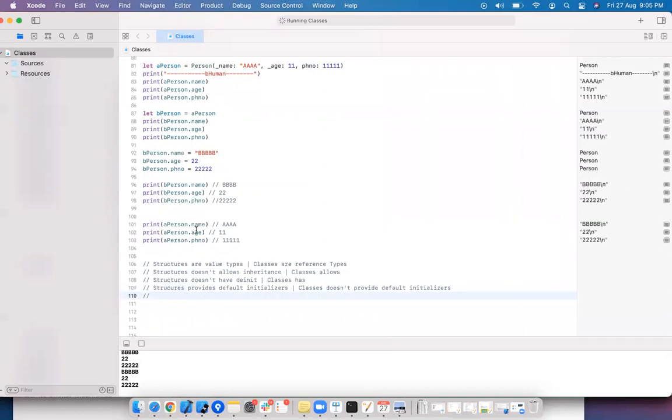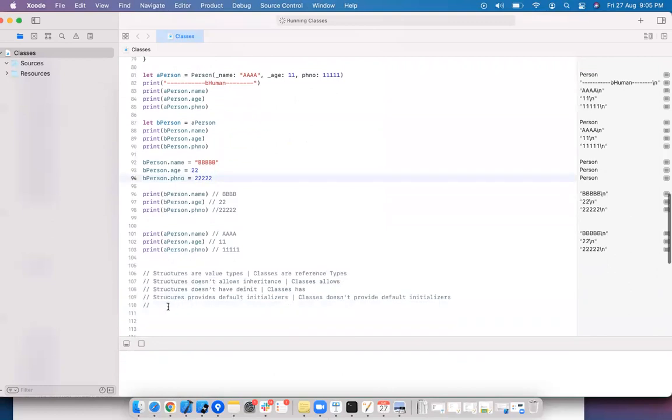And the final one is, if the structure variable is constant, you cannot modify the properties of that. It doesn't allow modifications.